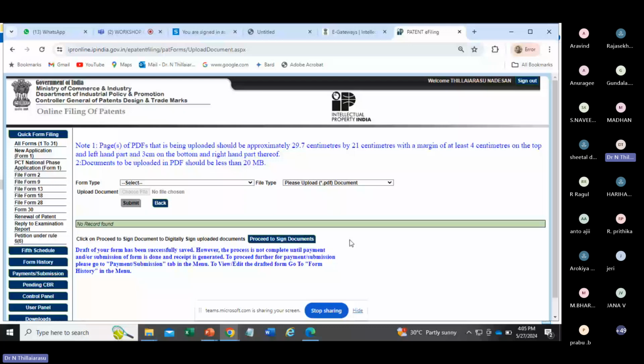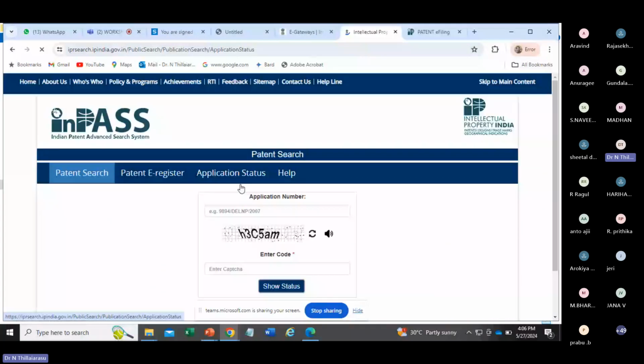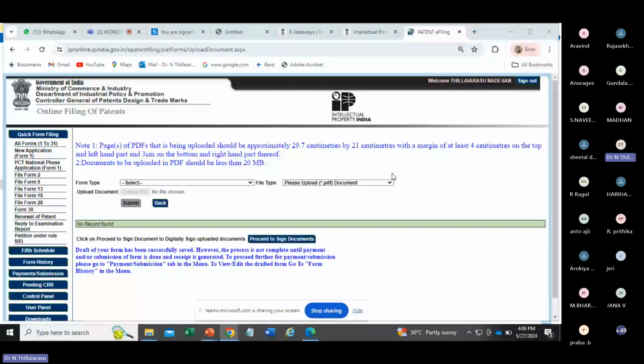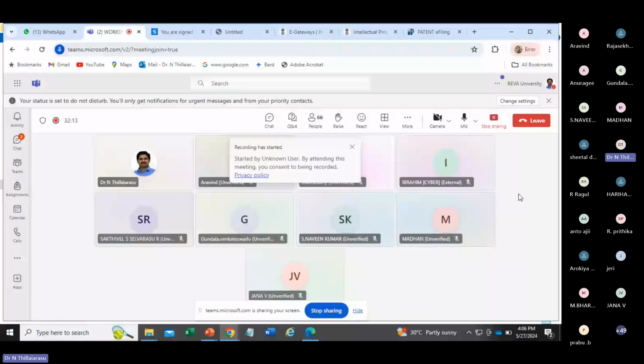Then finally you will get the application number. With that application number, I already told you that this public search is there, right? In that you can search for the patent with that application number, and you can do all these things. I hope everyone has somehow understood what IPR is, what the forms are, what the Act is that we are supposed to know, what things are patentable, what is not patentable, and what is meant by copyright. And also trademark, geographical indication, so many things we discussed so far.